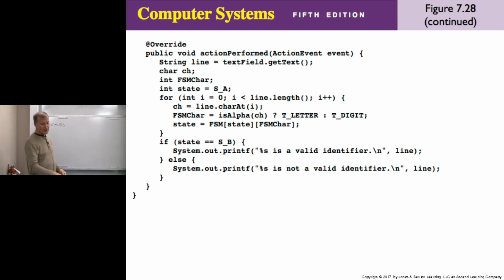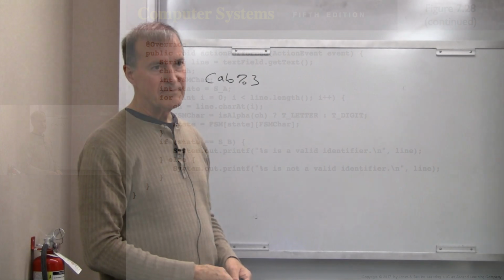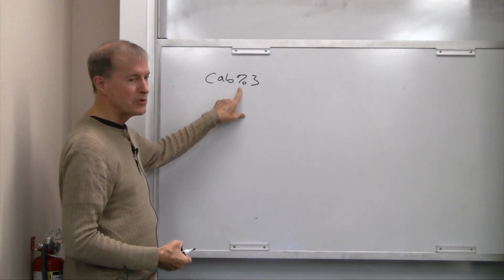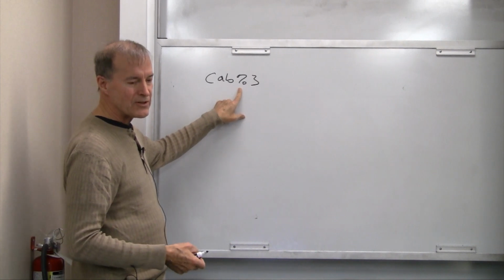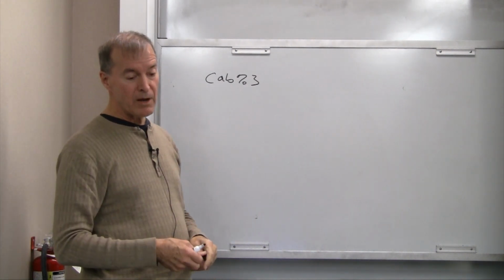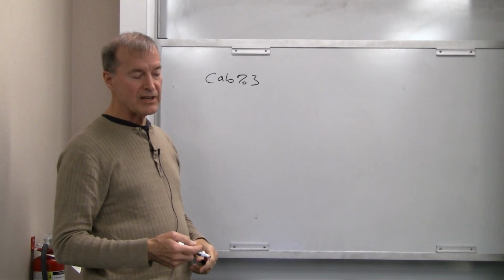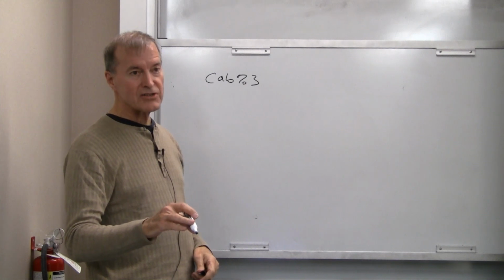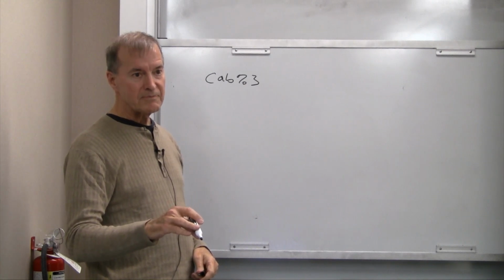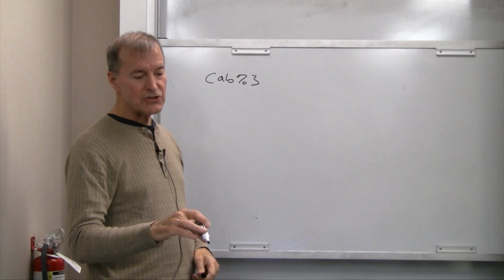Because what it does is it says FSM gets if is alpha a letter, and if it's not a letter, what does the program assume? That it's a digit. So here it will just assign this to be a digit even though it's not. So there's a deficiency here. So your homework exercise is to improve this, and you're going to have to change the table, because what you're going to need is